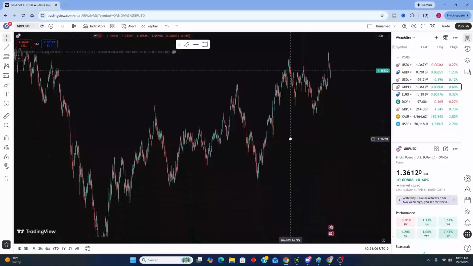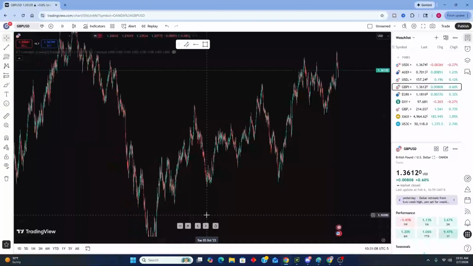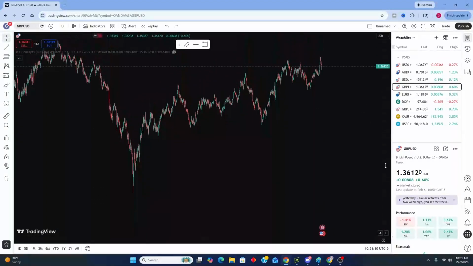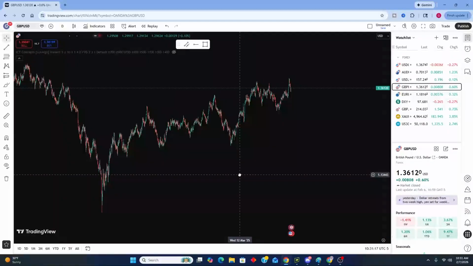Now, current structure on the higher time frame, I don't look this high when I trade, but I'm showing you so you guys can get a framework. Lower low, lower low, lower low, lower low, lower low. But all of these are higher than the previous low. So this is not structure for a downtrend, right? This is structure